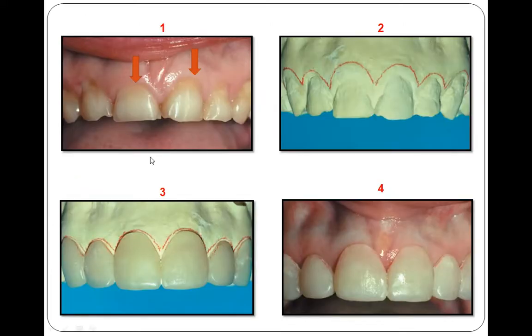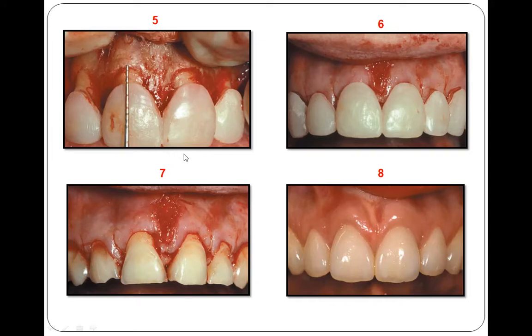This procedure I'll explain with the help of this picture. You can see in the first picture the crown form as well as the gingival margins are not at the same level, and aesthetically it is very unpleasant. So a stone model has been prepared from the patient, and a surgical template has been constructed, and at this time the patient's approval is taken for the final level of the gingival margins and the crown form. Thereafter, the surgical procedure is attempted.